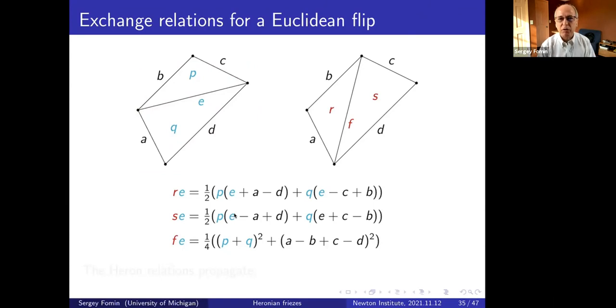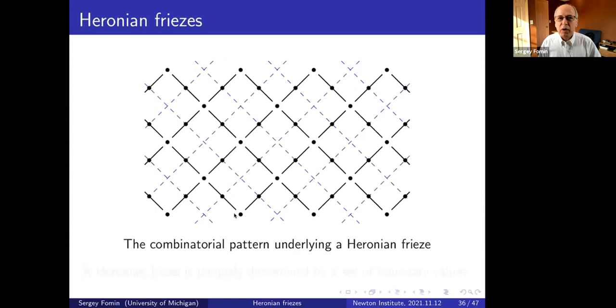We have A, B, C, D, E, which are basically arbitrary. There is no triangle inequality or anything like that, complex numbers. But then we have P and Q, which are like some square roots of the Heron expression, right? They satisfy Heron. And then we define R, S, and F by this formula, right? But who said that R, S, and F will satisfy, together with A, B, C, D, the Heron relations on the right? But of course they do, okay? Because the world is beautiful, and the Heron relations propagate. All right, so now we have everything in place.